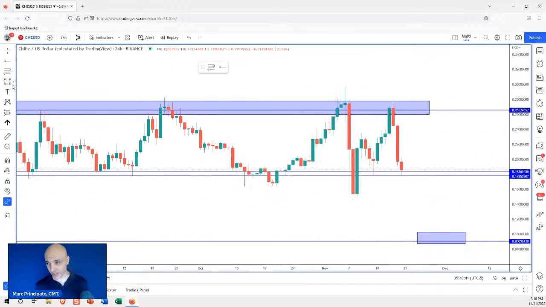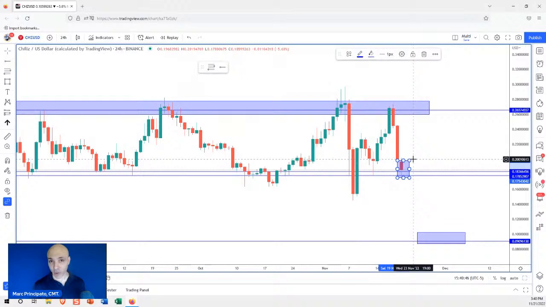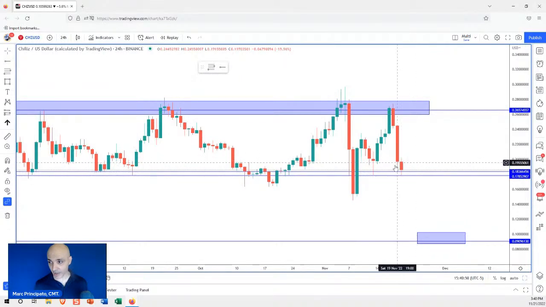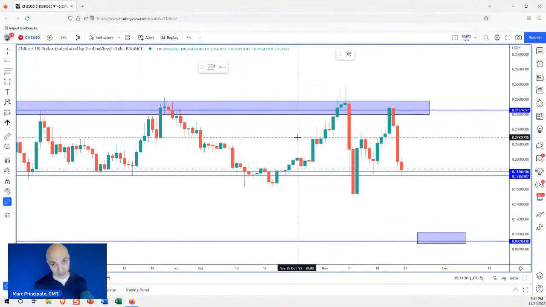Now, at this moment, there's no reason to buy. So you are in a location of interest, we can call it that, but there's no reason to get in. There's no setup. There's no confirmation. Look at this pin bar just from a couple of weeks, what is that, a week ago, 10 days ago? You want to see something like that. We don't have that.